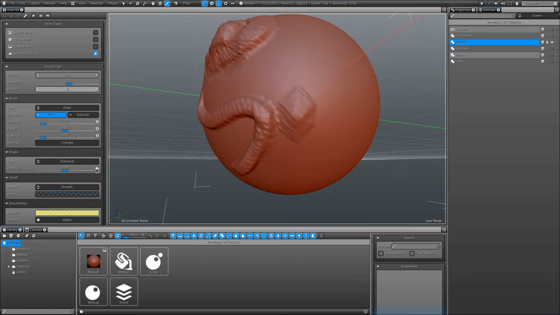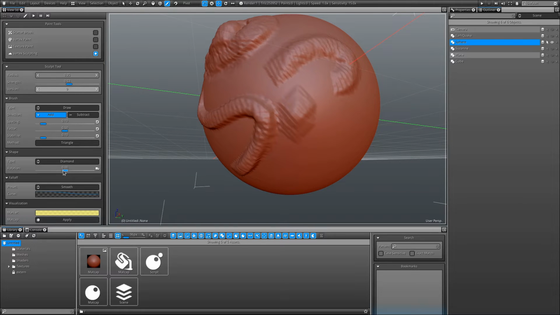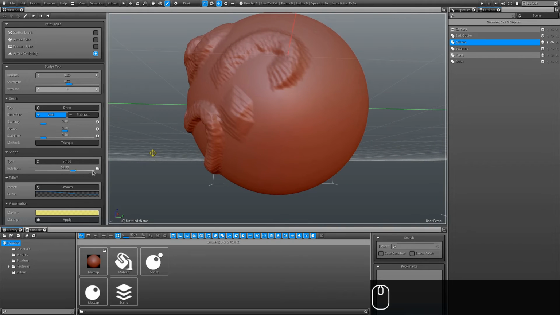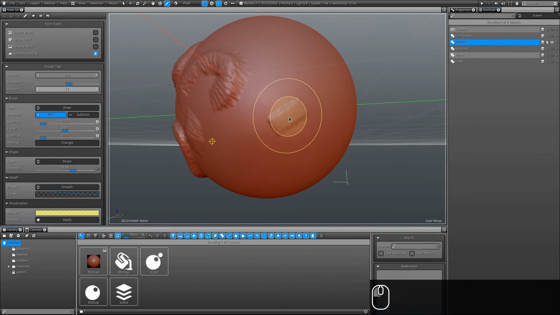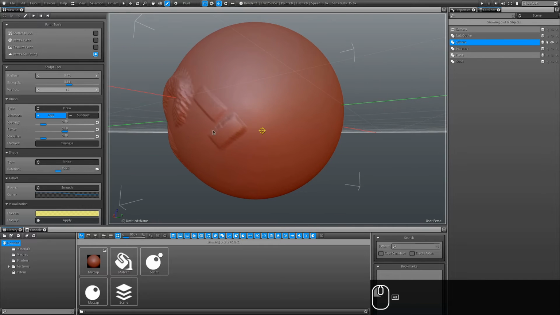By default, auto rotation is on, so that based on the direction of my stroke, the shape will be adjusted. I can also add a rotational offset. Let's use the strip to demonstrate that. And if I turn that off, now I got this direction and this direction, so we can create combinations. And of course, we can also enable the auto to have the rotational offset plus the direction of the brush,